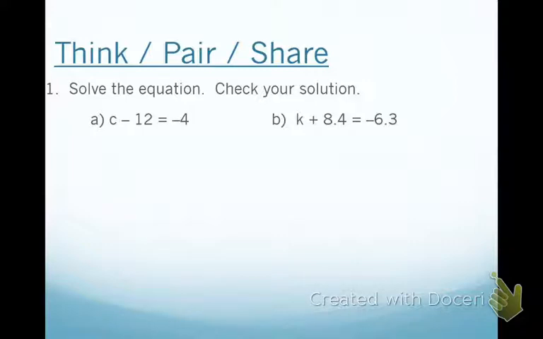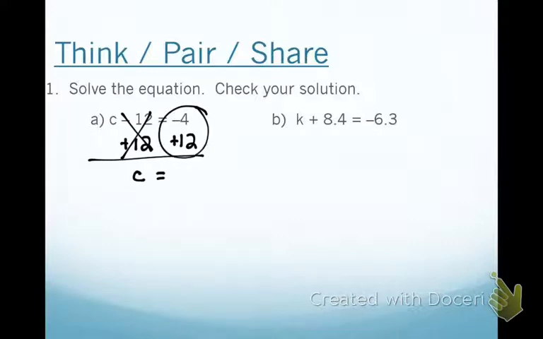All right, on the think, pair, share, I saw a lot of good work. The first thing you do is identify the variable, which is a C. You want to get it alone. Minus 12 is not letting it be alone, so you do the opposite, which is plus 12. And what you do to one side, you've got to do to the other. This cancels out, and you're left with C equals, and then over here, negative 4 plus 12 equals a positive